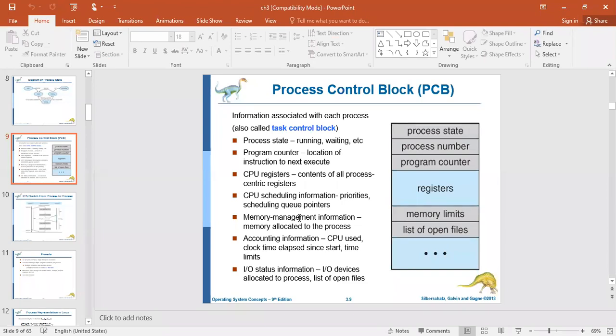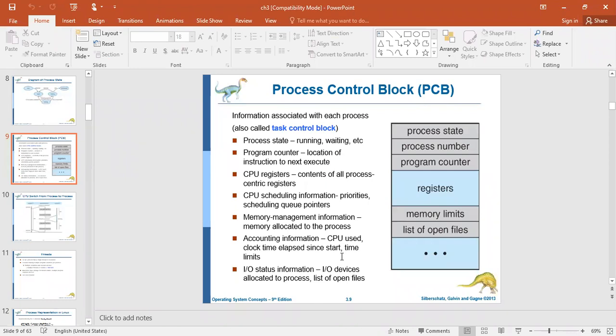And memory management information. For example, paging and segmentation, these things are maintained. Then the accounting information. Accounting information means the CPU time used by the kernel and the CPU, the time consumption, and the limits: what is the maximum limit it will have?